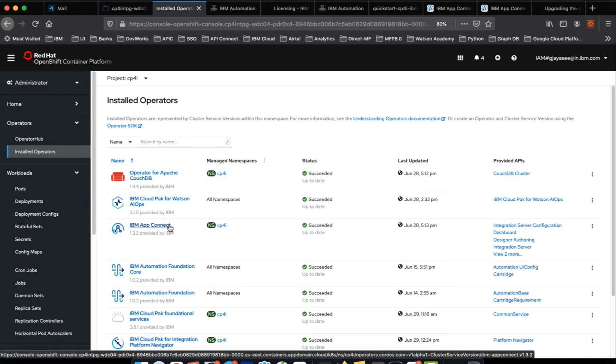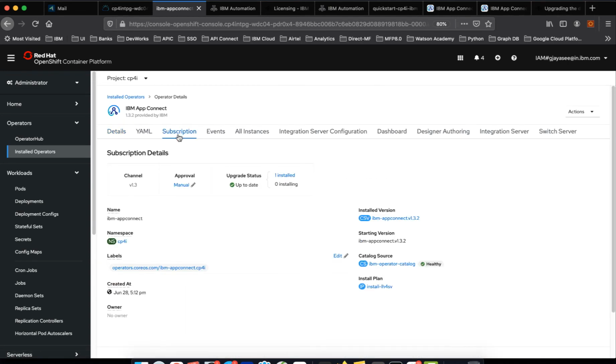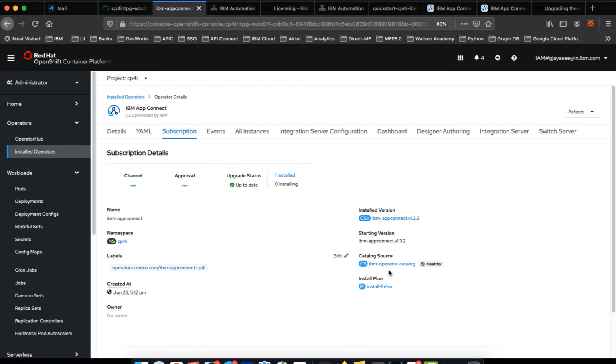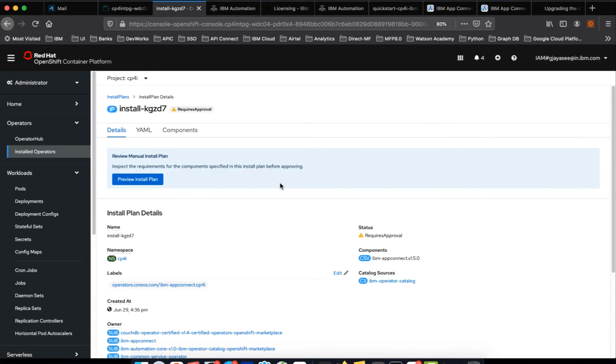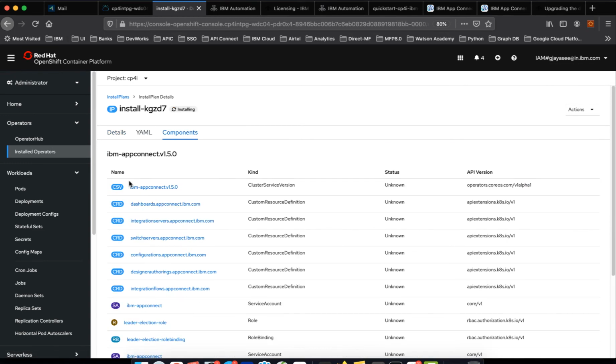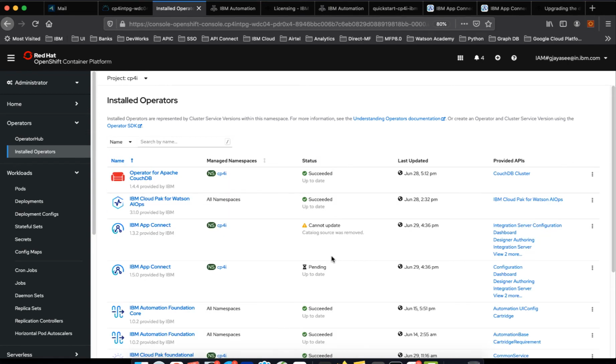So in this case, open up, go to the subscription, edit the channel, and you choose version 1.5. Say save. Just because it is manual, I need to provide approval. So just say approve. Now coming back to the installed operator and wait for the new operator. 1.5 is getting installed.